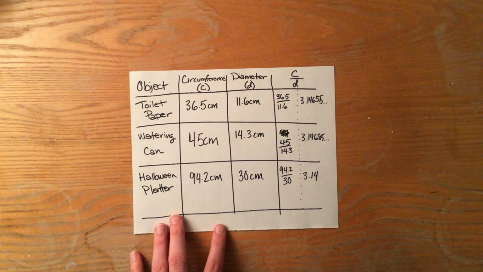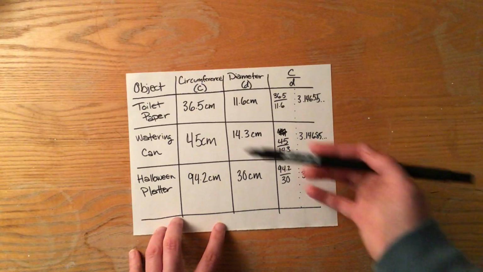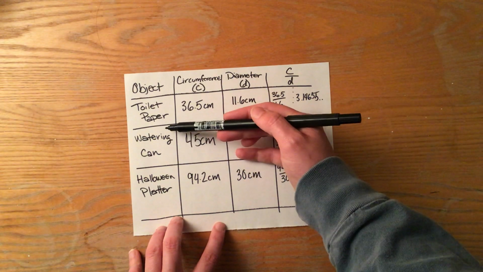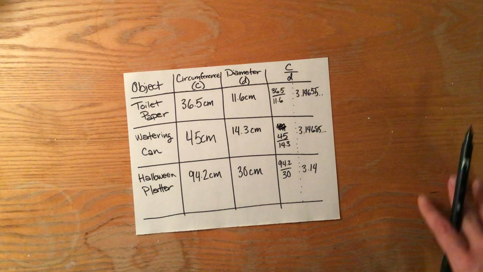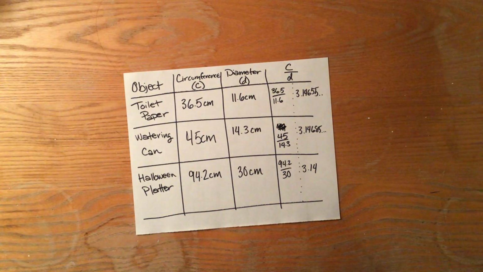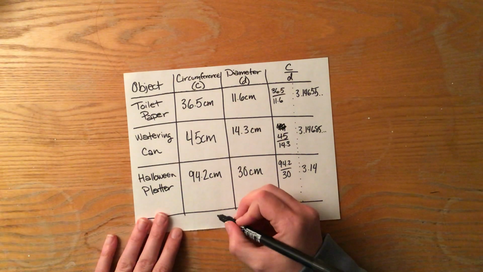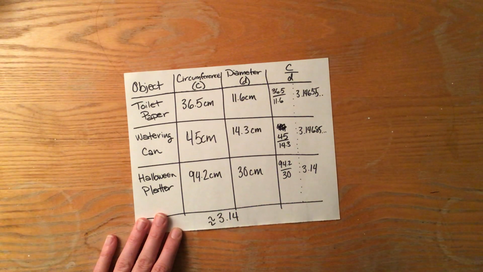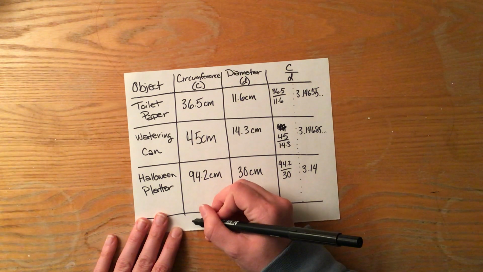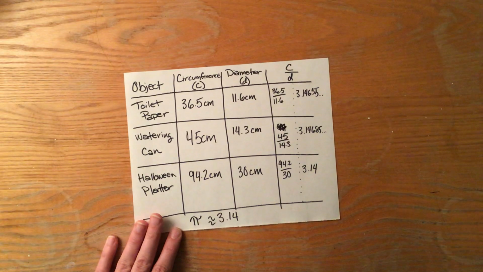come to a conclusion. When we did all of these very different sized items, right? The toilet paper was much smaller than the Halloween platter. When we divide the circumference divided by the diameter, we keep on getting a number up at approximately what value? And do you know what special name we give to that number that is approximately 3.14? For those of you who don't hopefully know it at this point, it is pi, and it is my favorite